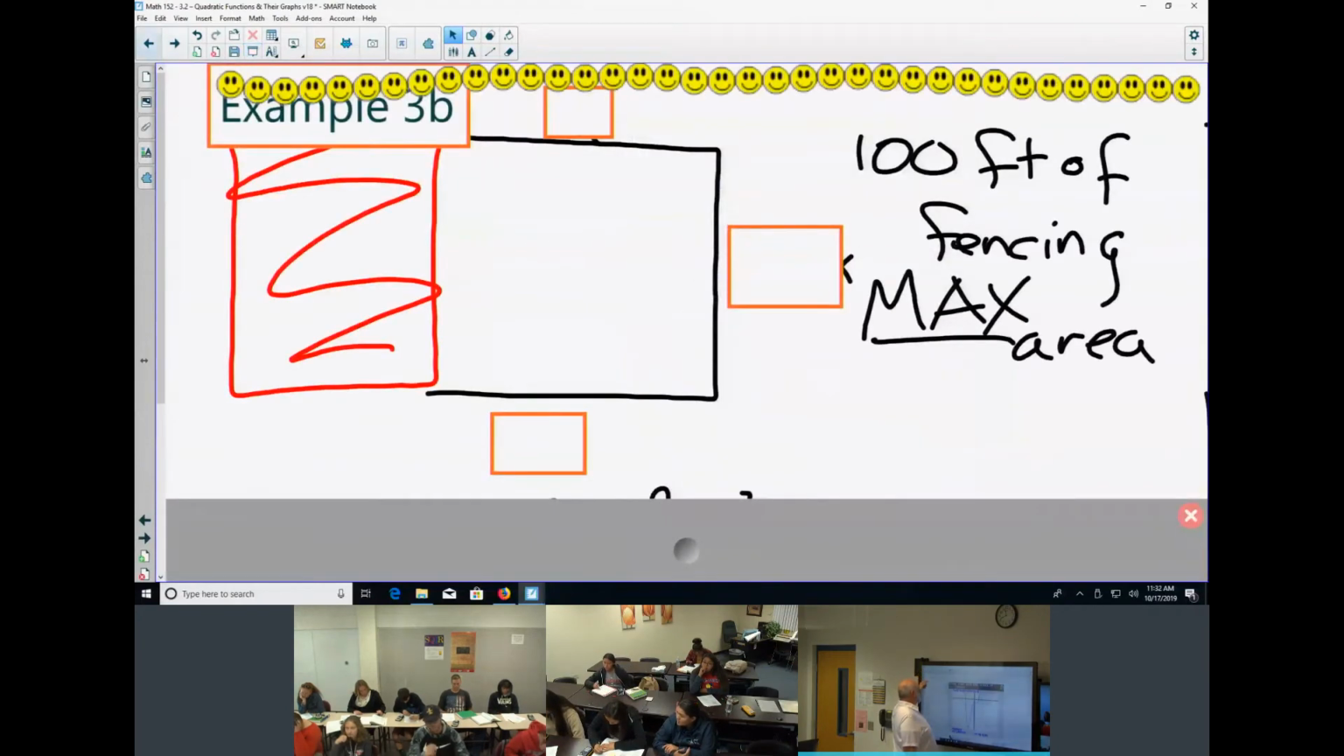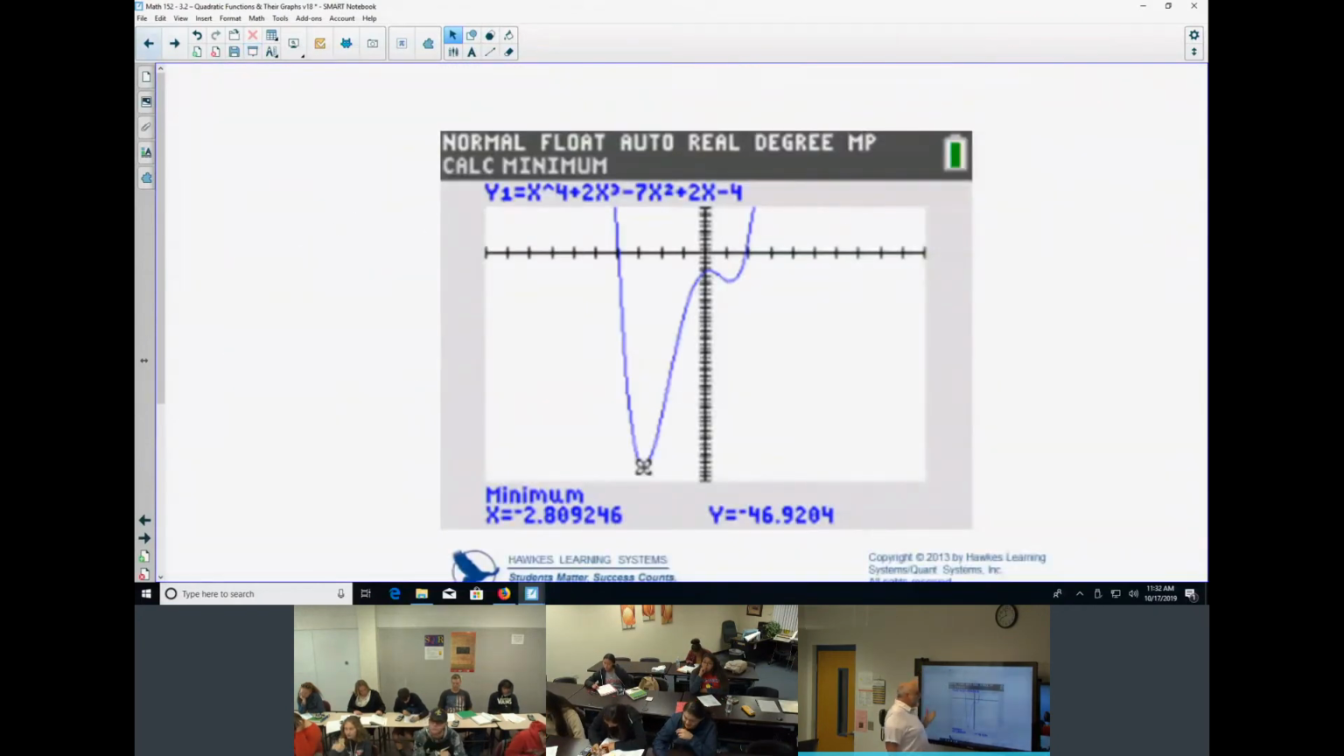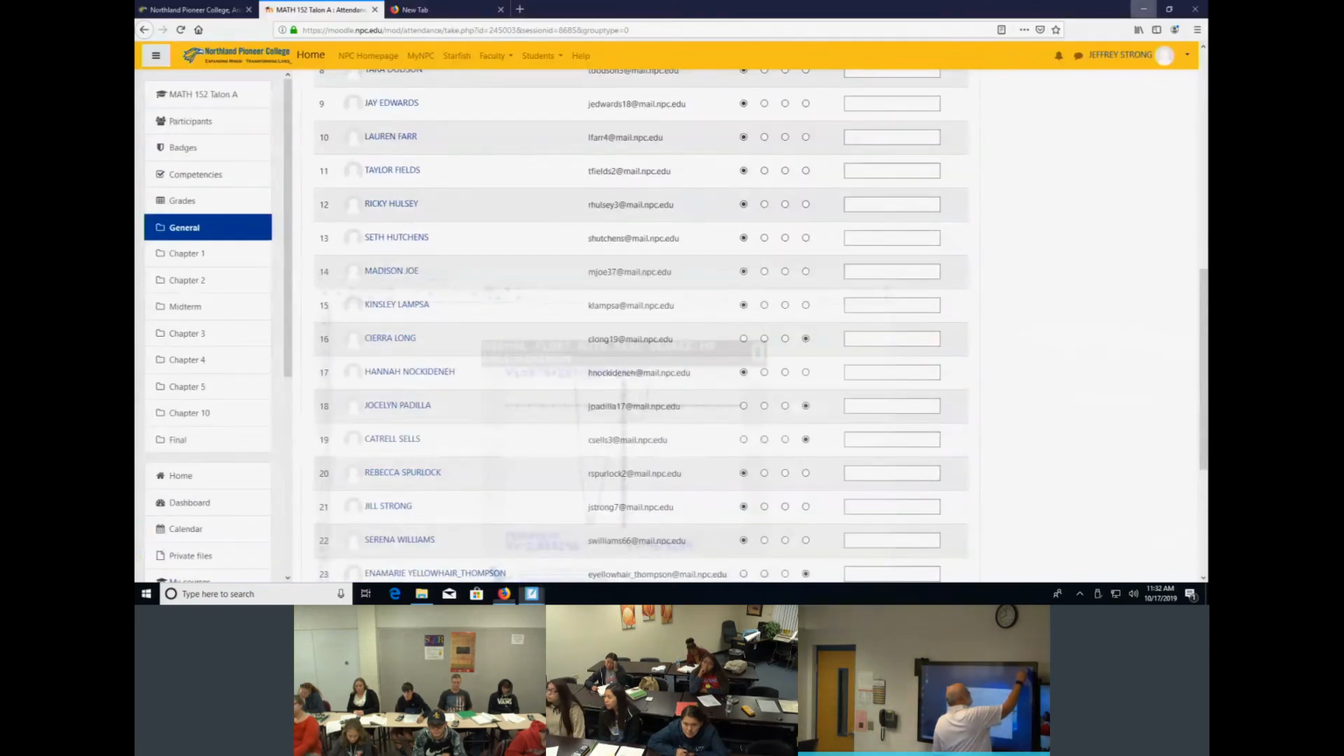Okay. Now, the other way that you can find a minimum, especially with a complicated function, or with any of these that we're doing, to find the maximum or a minimum, you graph the function, okay? And so let's just see what it would look like in the calculator, okay? So when you graph it,